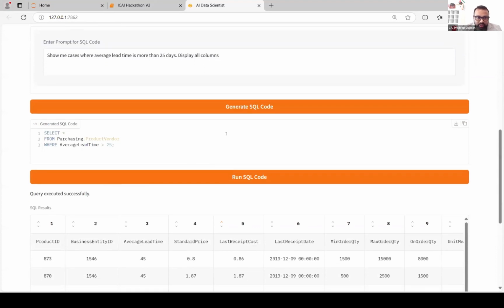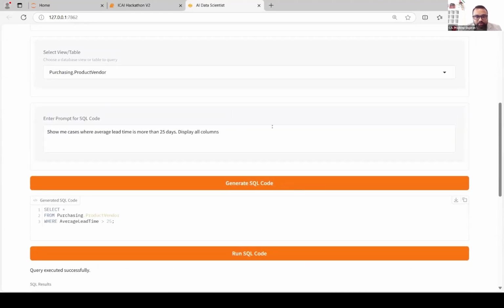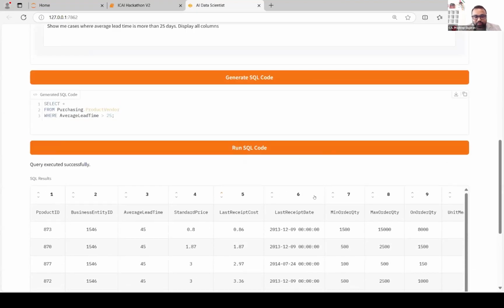even as you see, I did not check the SQL code whether it is correct or not. I was just running the same iteration again and again. And then I realized that I chose the wrong database, okay? Because LLMs, they lie sometimes. And when they lie, then you have to use your own judgment. That's why I'm telling, some background of coding helps you in doing some detailed analysis.